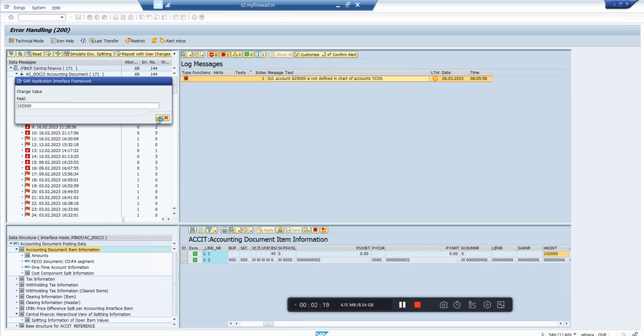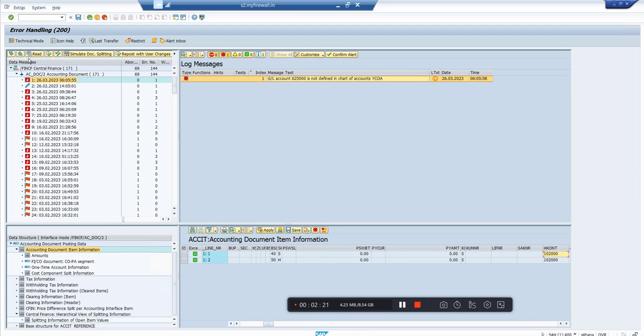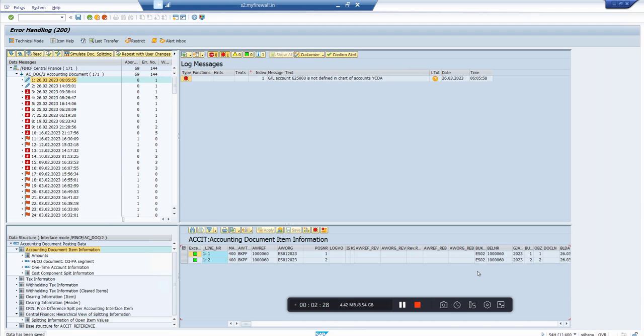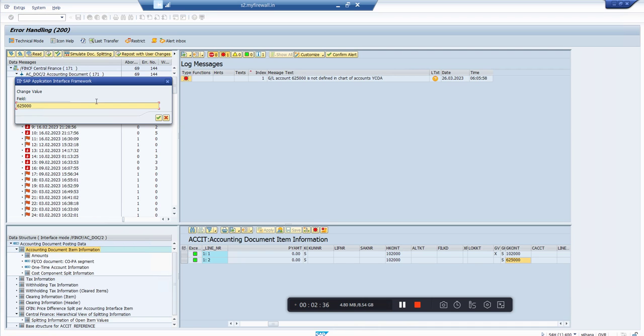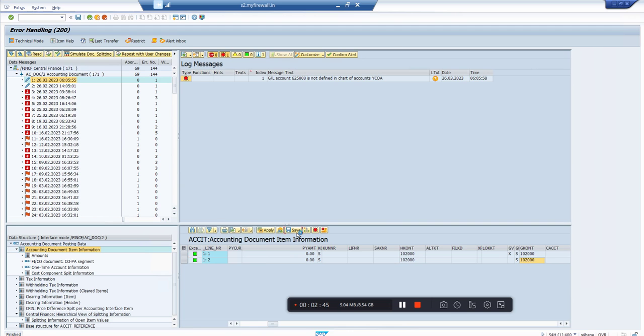Very carefully take a note of the steps. You just can't reprocess the message now. You have to first save it. I would say step number 1, change the value, validate the value that what change has been done is correct. And here also I have to change it. Let me do it here. 102000. Change it, number 1, save it, number 2, and when it says okay, save done, data saved, now you